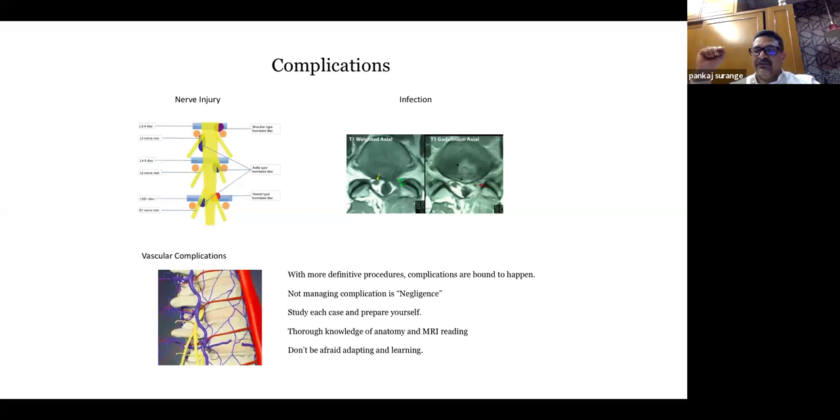Chances of bleeding are there. Mostly it is venous bleeding. We can use bipolar to control that bleeding. But if it is arterial bleeding, it becomes difficult to control because you won't be able to see anything. So you must not keep on trying with the bipolar. If you're not able to see anything, if you can see that it's a pulsating bleeding coming from inside,